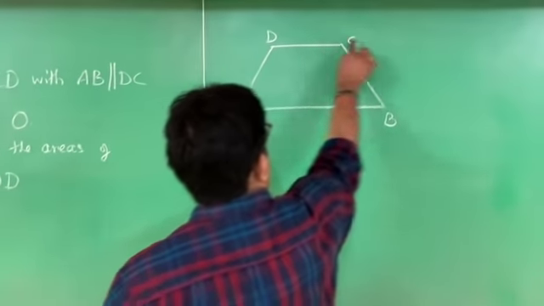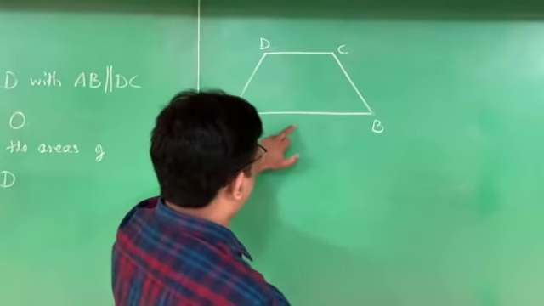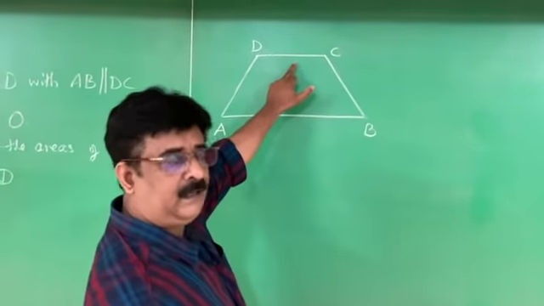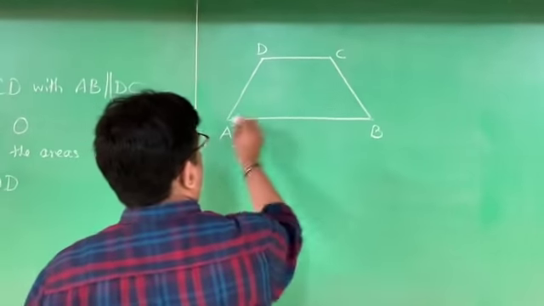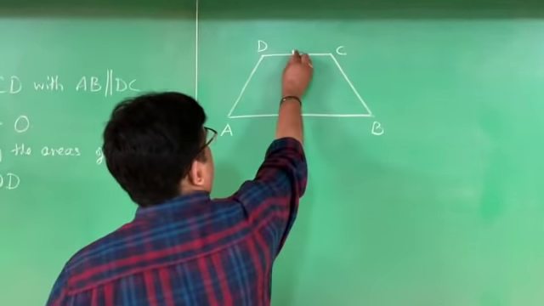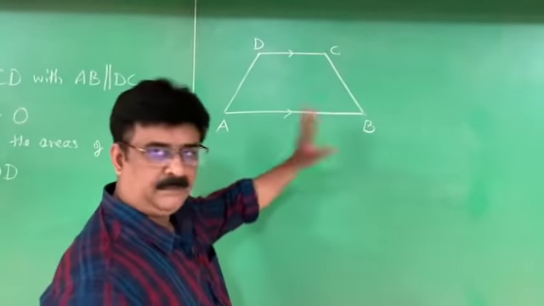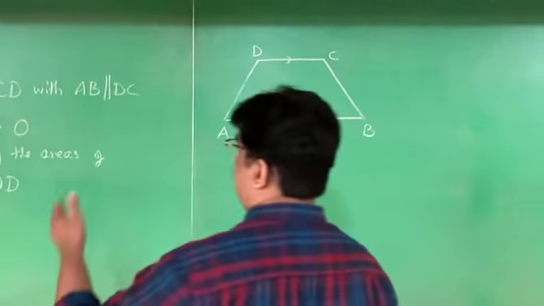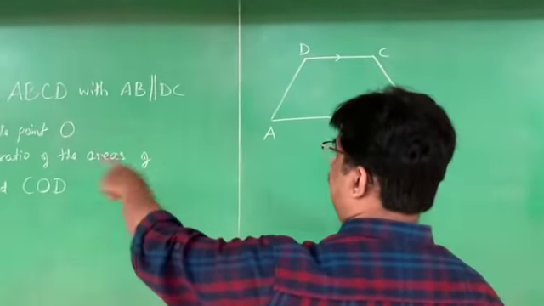If I write A, B, C, D like this, it becomes wrong. AB is twice the length of the CD. Therefore, this is twice the length of this. And AB is parallel to DC. It is a trapezium. Then what he told: diagonals of the trapezium ABCD with AB parallel to DC intersect each